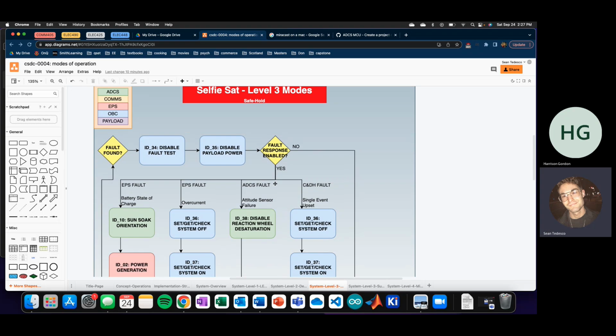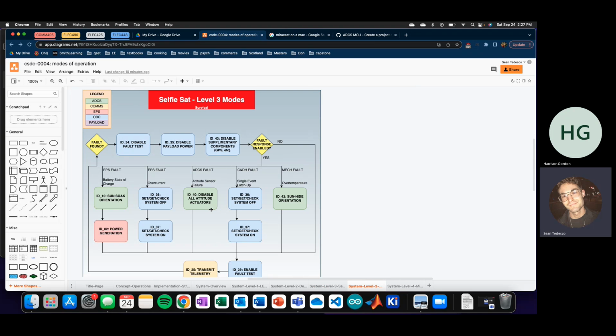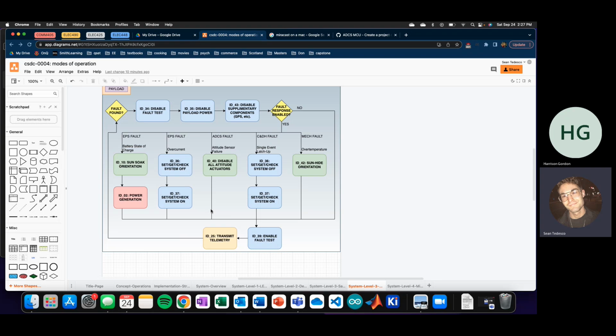So that's safe hold. Survival is very, very similar, but it's kind of what Harrison alluded to with different thresholds and the different severities of each of the faults. And again, we don't just disable payload, but we also disable some other components. What those are, and what other features we need to disable, I'm not sure yet, but that's something we can figure out. But again, it's like a greater state of charge fault, another overcurrent, it could be actuator failures, maybe sensor failures, single event latch up, and